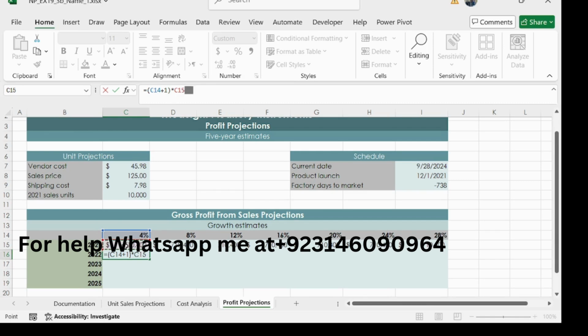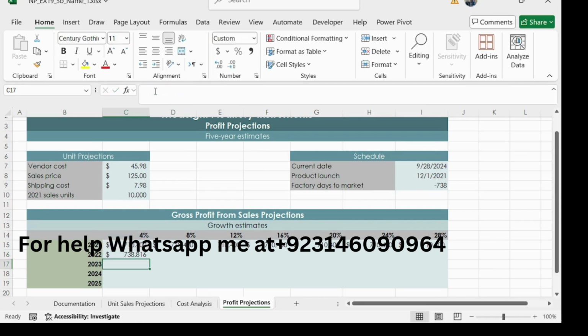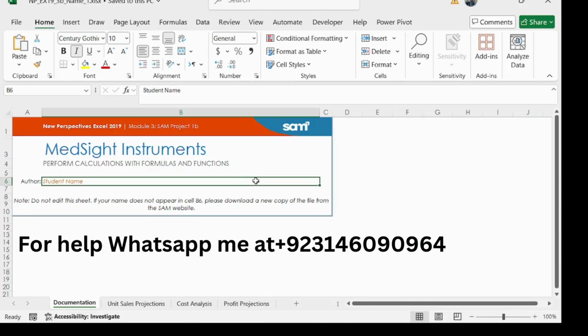Use an absolute row reference for cell C14, press F4 and then press enter. So we have got our value. Copy the formula to C19 like this.